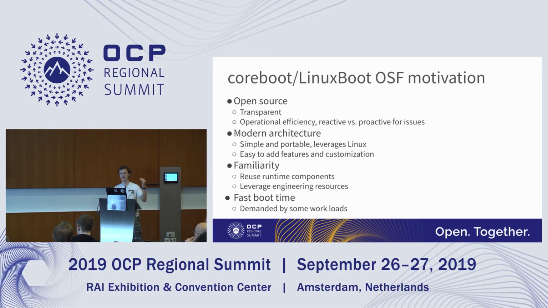Hyperscalers are vertically integrated. We're involved with everything from sourcing of components to the development phases of the projects throughout EVT, DVT, PVT, et cetera. And of course, we are our own customers. So we're responsible for putting these things in the data center and deploying them and supporting them throughout the lifetime of the product, and then eventually decommissioning them. So basically, the hyperscalers have broken the traditional firmware support model, and we're looking into open source as a solution.